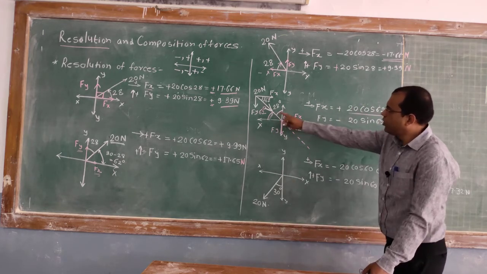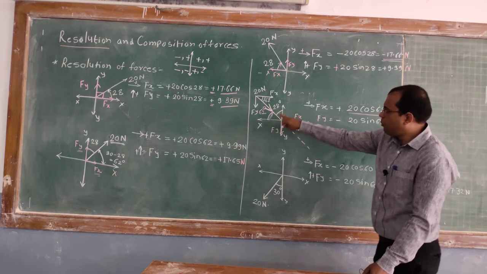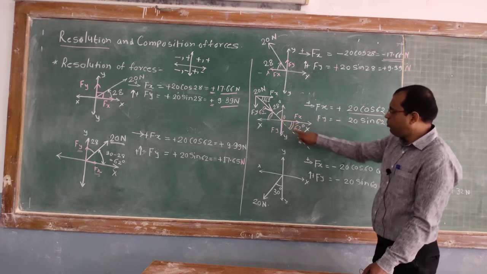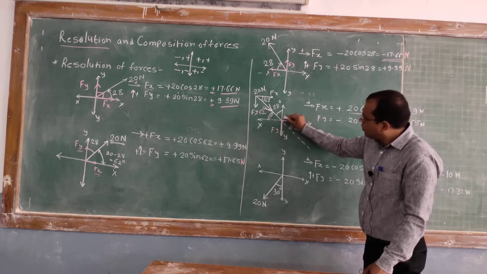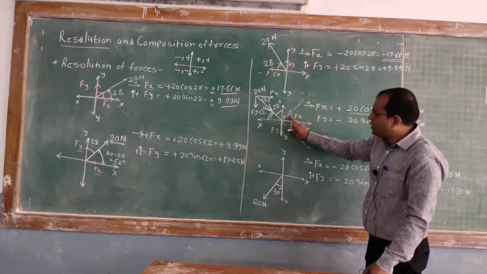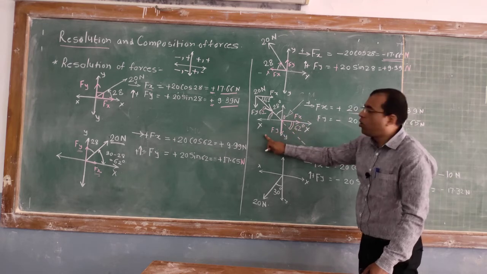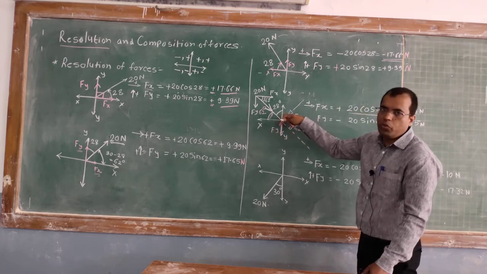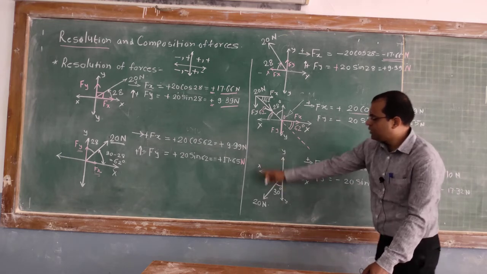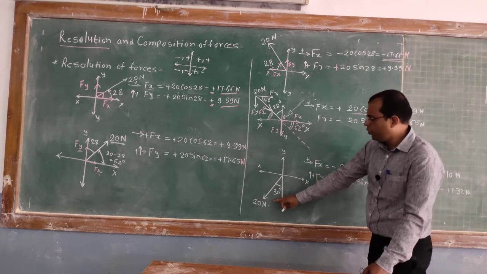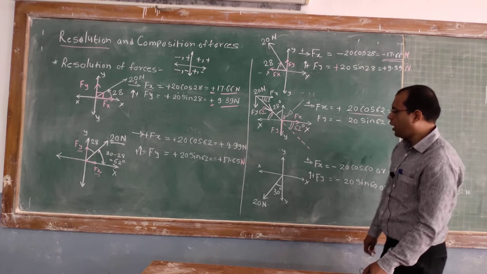Okay, so remember that if this force is approaching towards point O, then we have to predict which quadrant it lies in. If the force is like this, in that case this force is not in the first quadrant, it is now in the third quadrant because it is approaching towards the origin. Similarly, now for this we have to resolve this force 20 Newton into its x and y components.